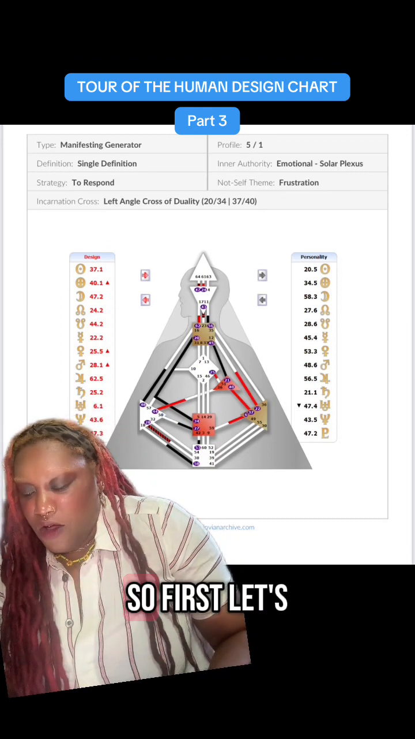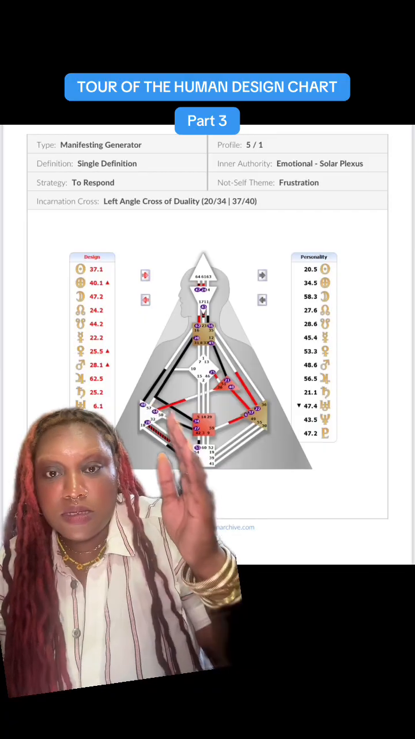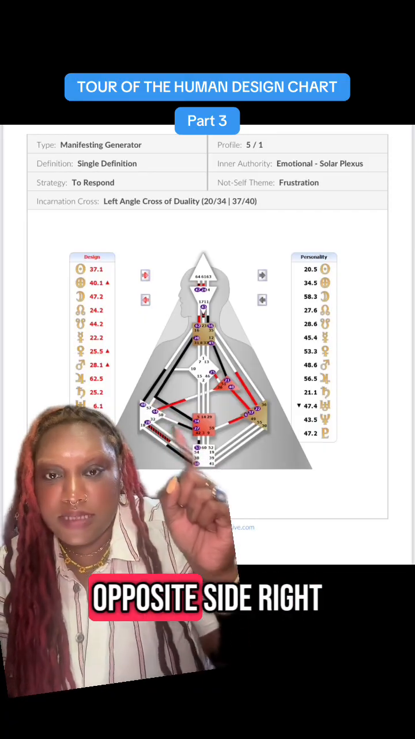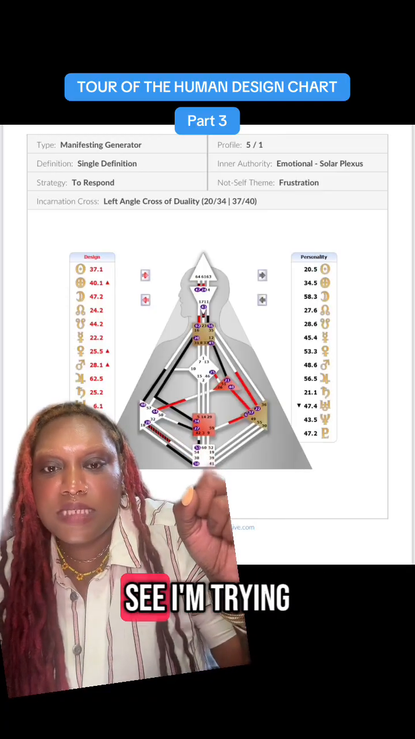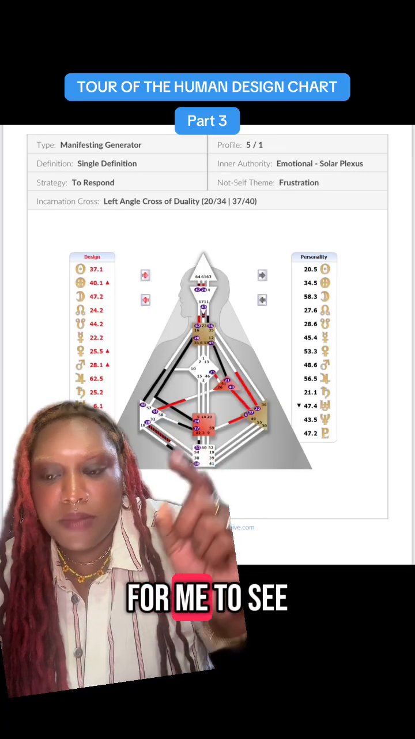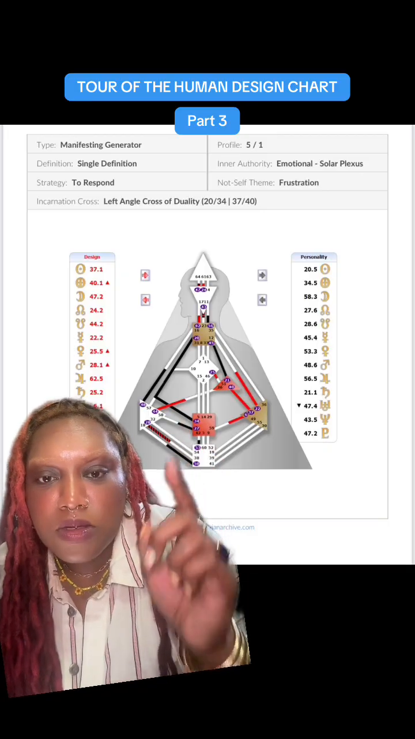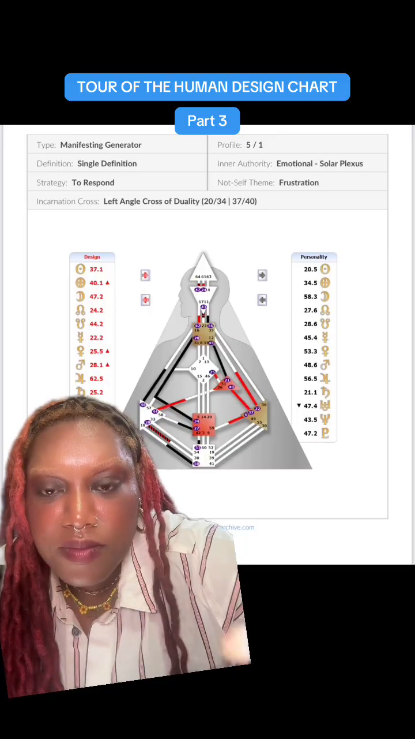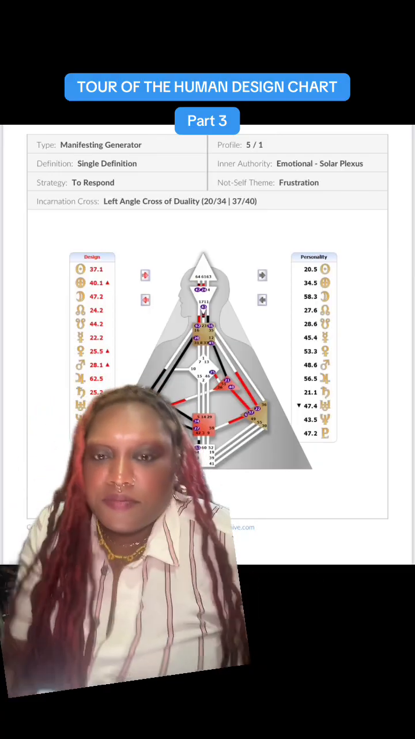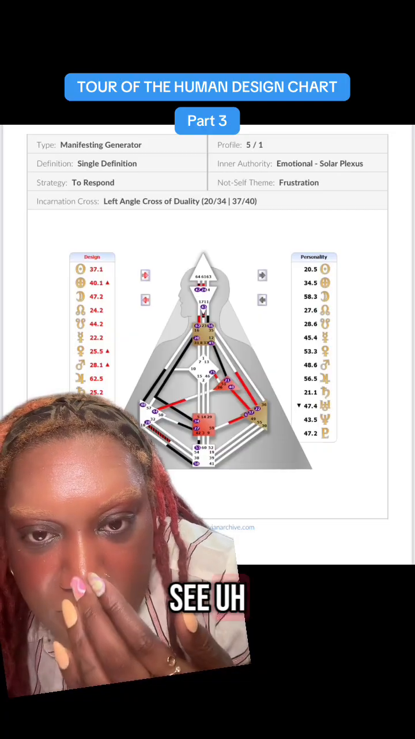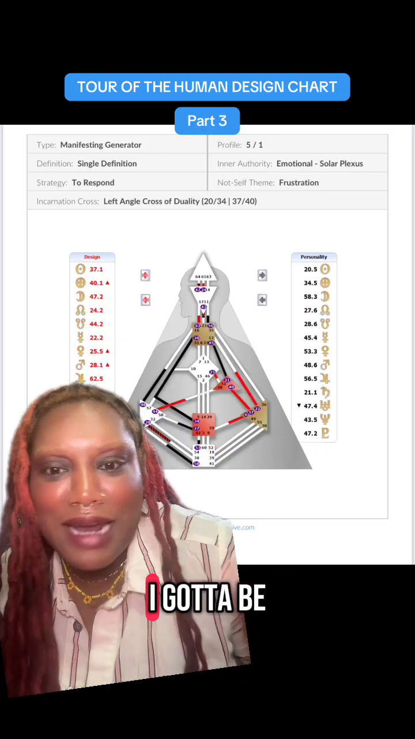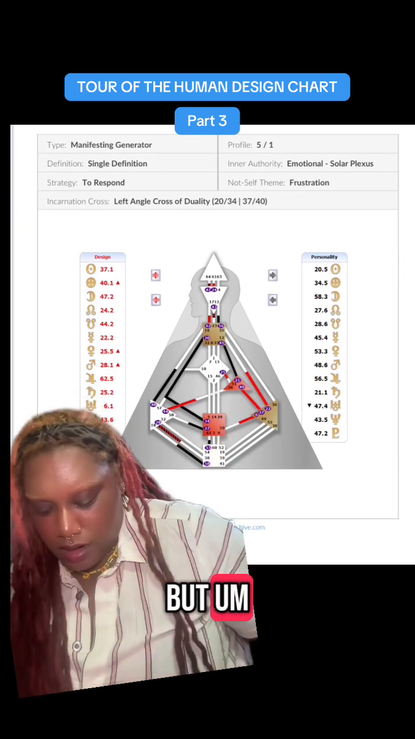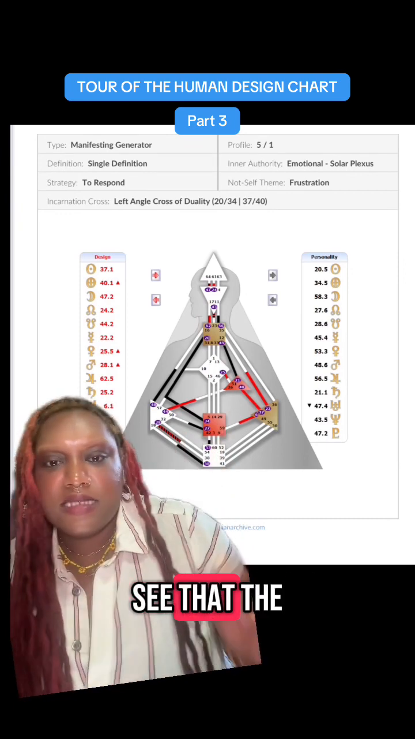So first, let's talk about the channels. A channel is created when one gate talks to another gate on the opposite side, right? So here we see, I'm trying to think of the easiest one for me to see. Let me pause this really quick so I can look at the chart. Hold on. Here we can see, I can't read that number. I'm not going to be able to tell you exactly the number right now, but here we can see that